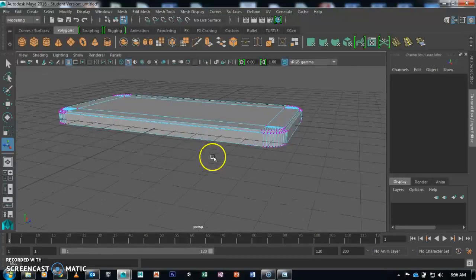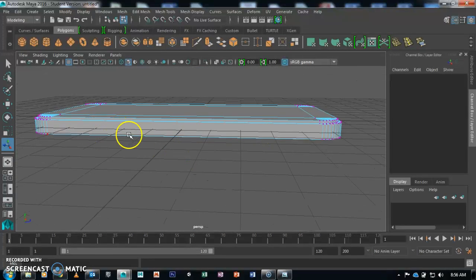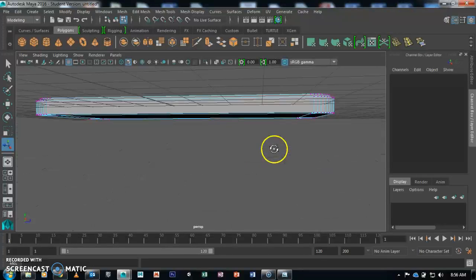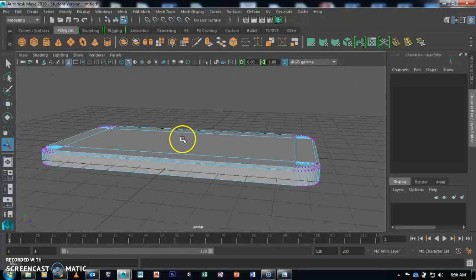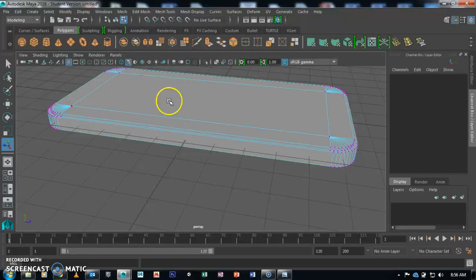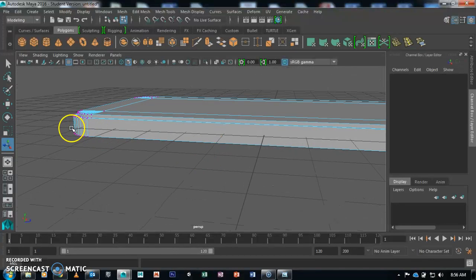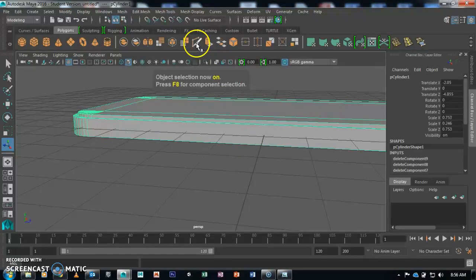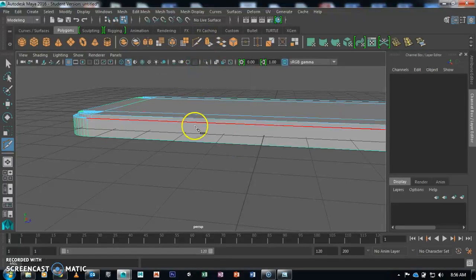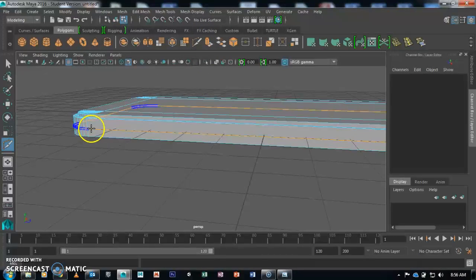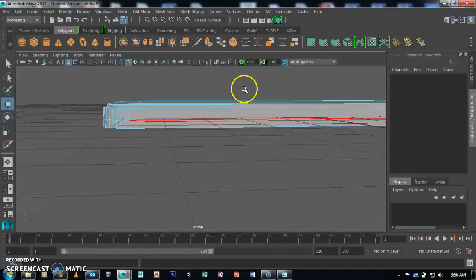and so on. Now if you want to get the bottom part of the phone itself, it is not advisable to do the same process as what I did, which is scale and then extrude, because the size of the top and bottom are the same basically. So I just need to cut this one in half and then mirror geometry. So let me go to my object mode. I will show you, basically I can use these two, and then when I hold down control, I can cut it in half, and then I will delete